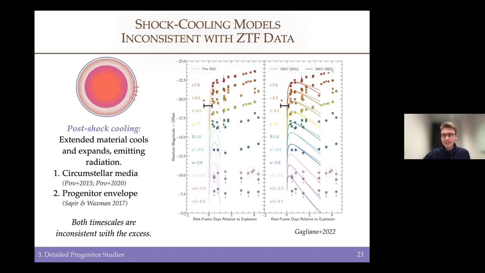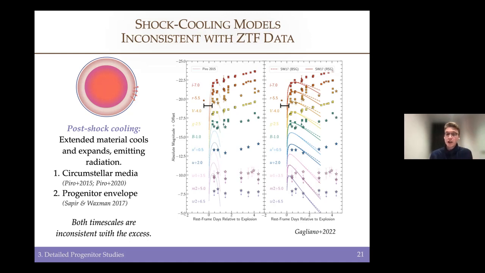You see the point in, let's see, V band all the way, or sorry, it's R band on the right. There's almost a day offset between the initial observation from ZTF, which is very well constrained, and the bump itself. And none of the shock cooling models from literature are able to reconcile a gap between the start of the explosion and a shock cooling emission of almost a full day. So this suggests that we're not looking at shock cooling, potentially we're looking at something else.